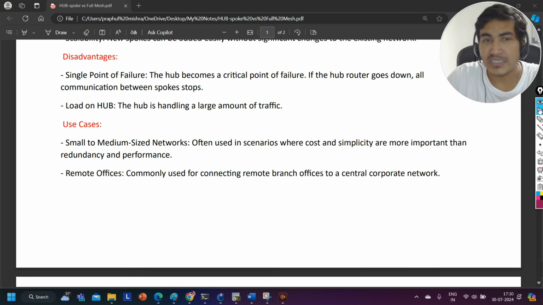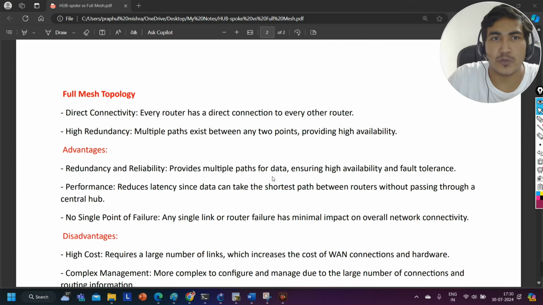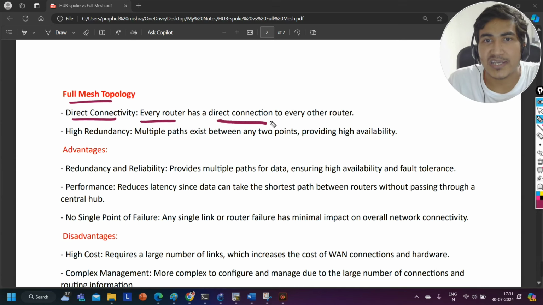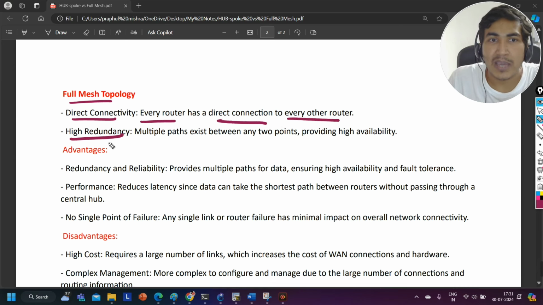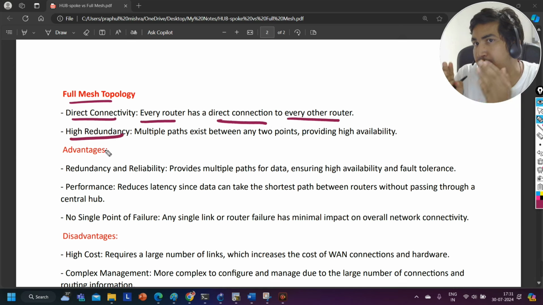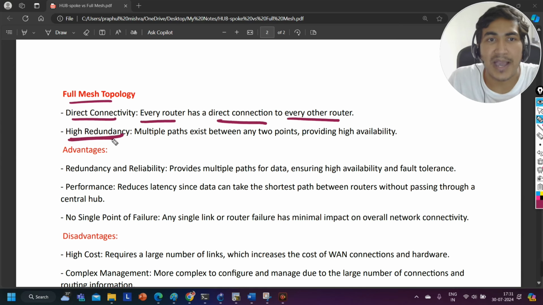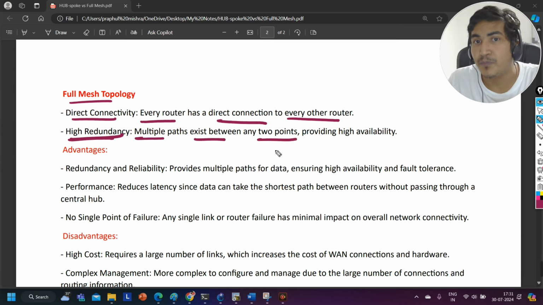Guys, the next type of topology is full mesh topology. So in full mesh, see, direct connectivity: all branch offices are directly connected with each other. So every router has a direct connection to every other router. So here we have what? High redundancy. If any branch office or any link goes down, right, it will not impact the entire network. So we have high redundancy. Multiple paths exist between any two points,